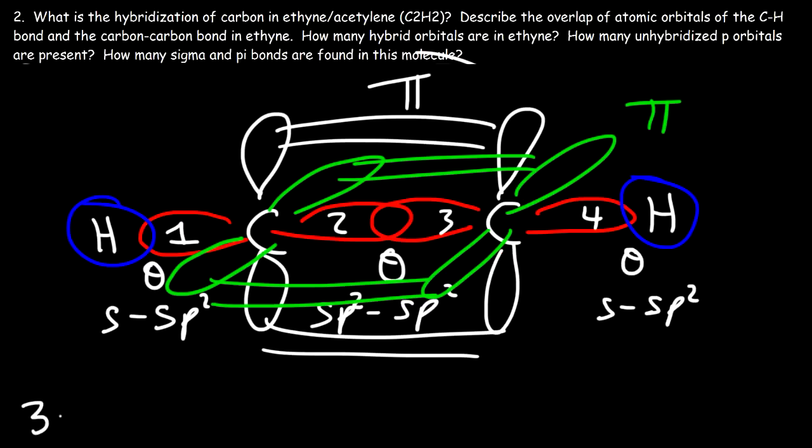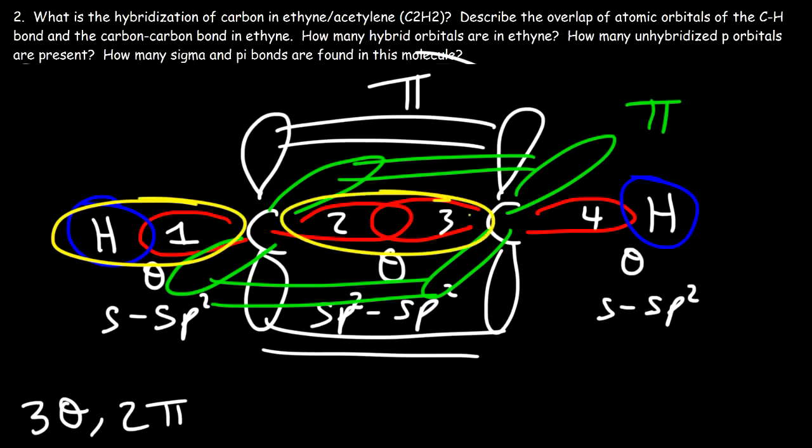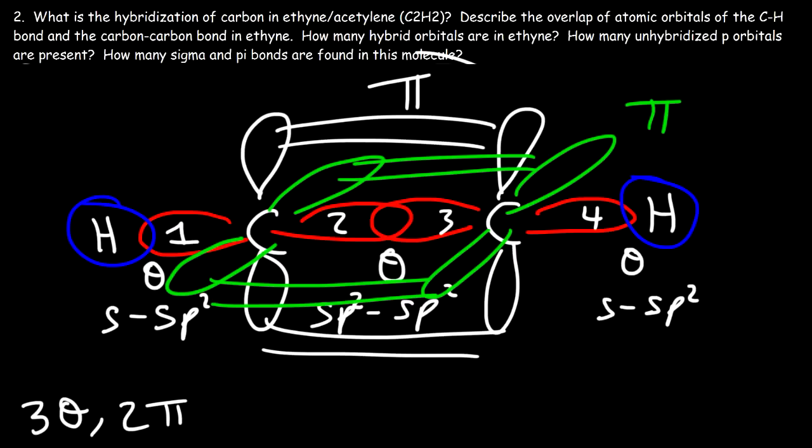So we have a total of 3 sigma bonds and 2 pi bonds in this molecule. So here's the first sigma bond, this is the second, and this is the third. And then we have 4 hybrid sp2 orbitals, 1, 2, 3, 4. And we also have